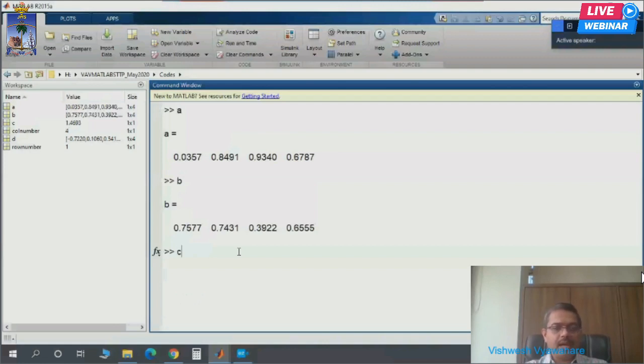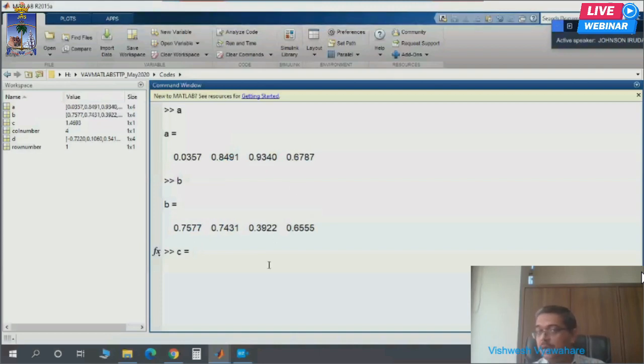Now what I want to do is generate a third array C, but there I want the element wise multiplication of A and B. That means I want this 0.357 to be multiplied with 0.7577 and that should be the first element of C. This multiplied with this should be the second element of C. This multiplied with this should be the third element of C. And the last one should be the multiplication of these two.